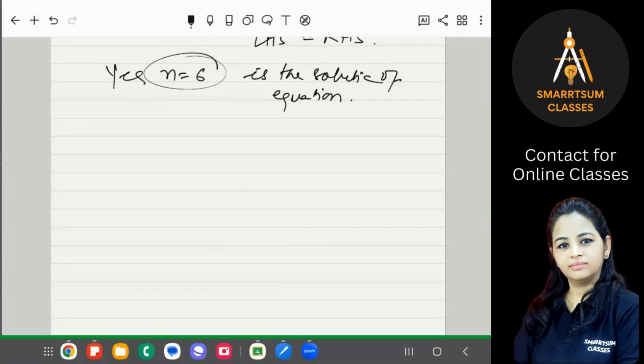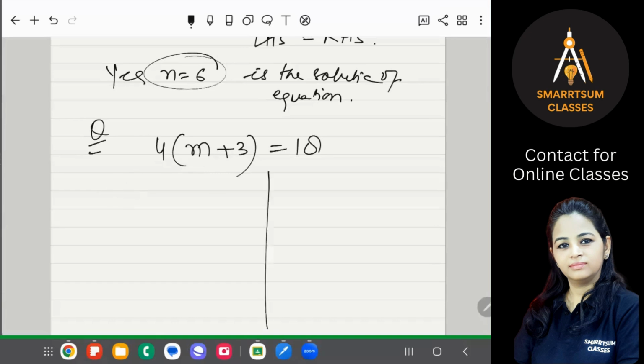Okay. Again, suppose you have to solve 4 bracket m plus 3 is equal to 80. Now look here. We will take 4 to the other side, or we open the bracket first, right? So you can do it either way. I will show you both the ways. First solve the bracket. So you can first open the bracket, it will become 4m plus 4 into 3, 12